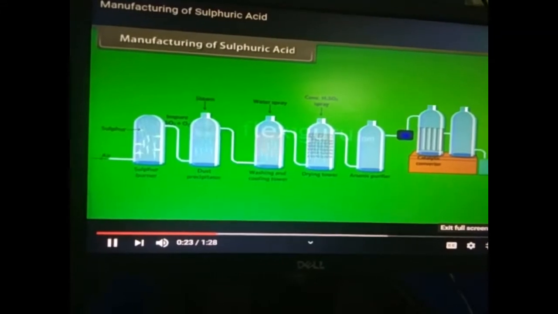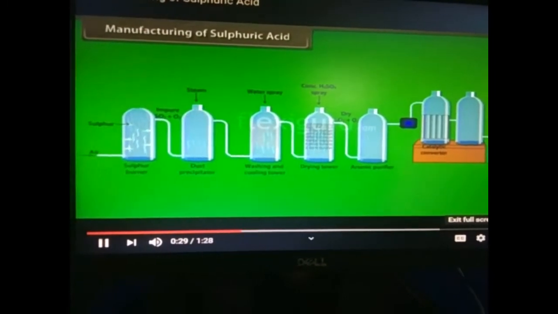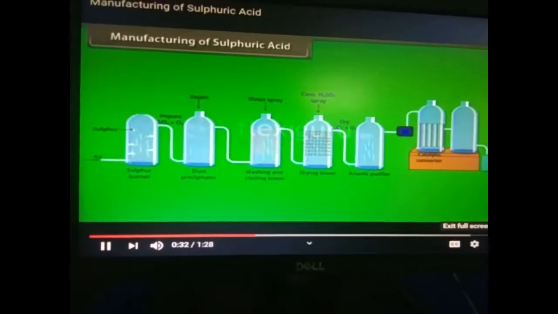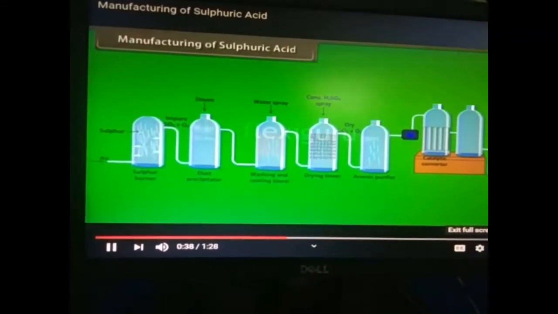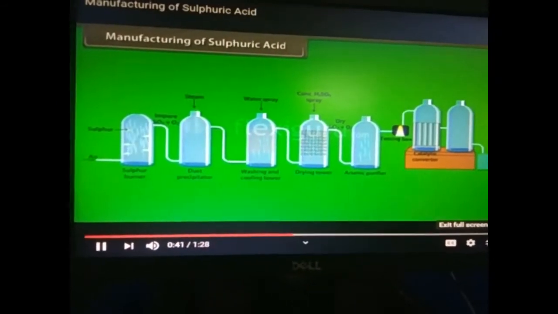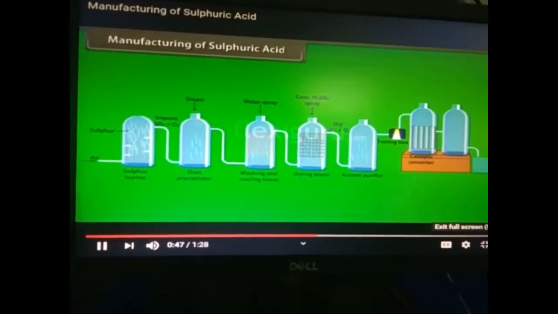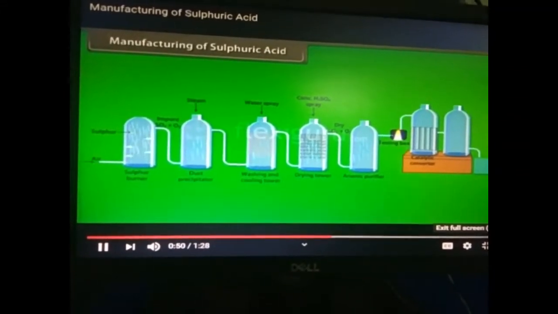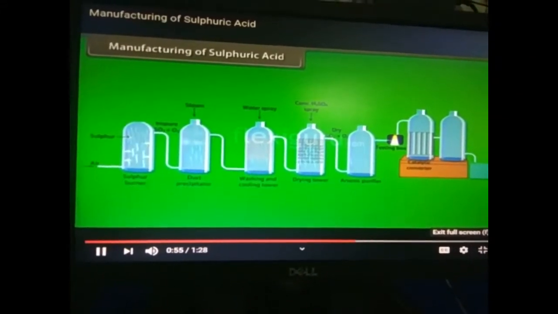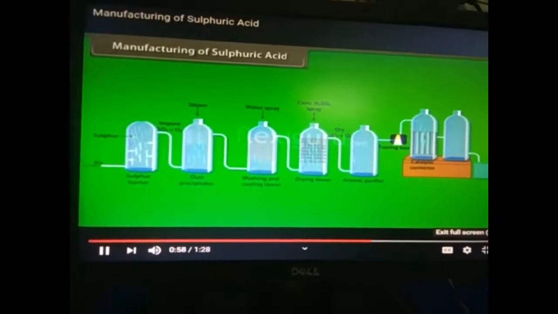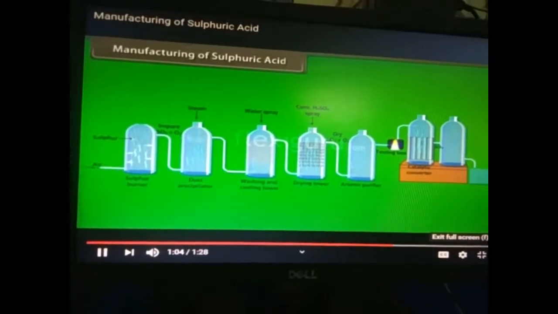In the first case, that is the sulfur burning chamber, oxygen gas is passed into the sulfur burning chamber, and here iron sulfide ore is present, and then formation of sulfur dioxide gas takes place. Sulfur dioxide contains oxygen as an impurity. This can be observed here. And when sulfur dioxide along with oxygen moves into the dust precipitation chamber, due to forcing of steam, dust gets entangled here. Again this sulfur dioxide moves into the next chamber, that is the washing chamber or cooling chamber. Here due to the moving spray, sulfur dioxide gets cooled down.